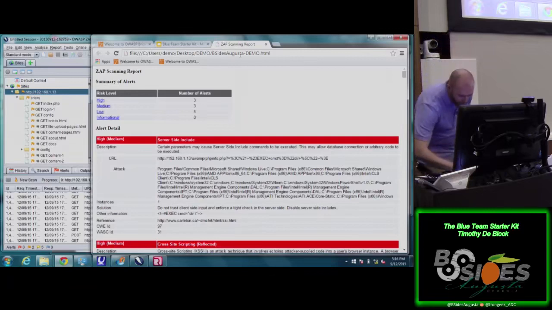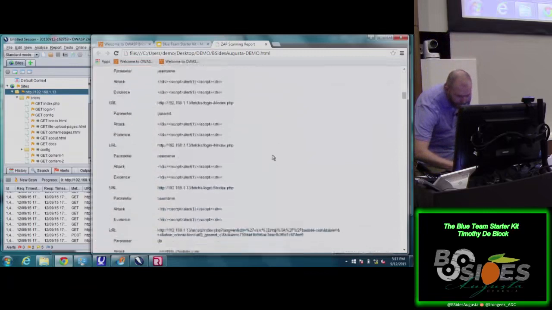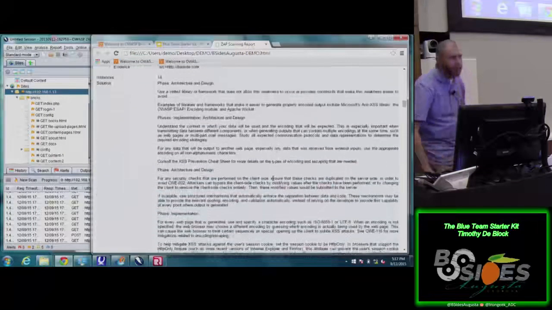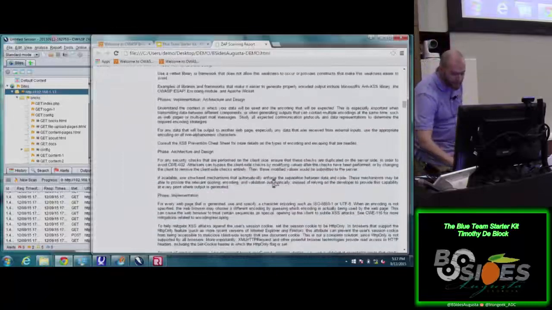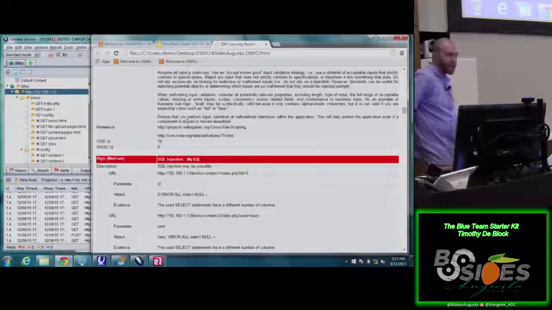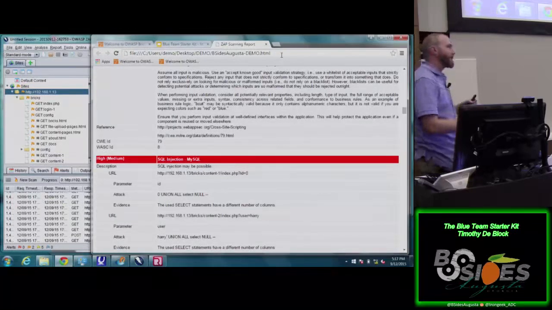I'm going to scroll down a little bit here, but you can see that they have URLs. They've actually changed the format a little bit, but some of the solutions are longer than others because they're more complex. But it gives you at least a starting point for research. It gives you references and links to follow. And you take that to developers and you want to try to work with them on securing your application.